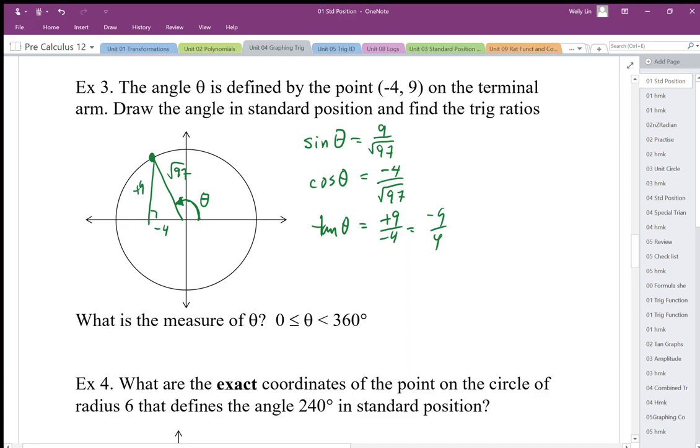The last part of this is I want to know the angle. I need to be able to translate from ratios to angles, or position to angles. I need my calculator because I don't really know what the translation is. My calculator is kind of like my translator. So let's use tan. I'm going to go second tan, -9 divided by 4. Oops, my mode's wrong, so I have to change back to degrees. If I do that again, I get